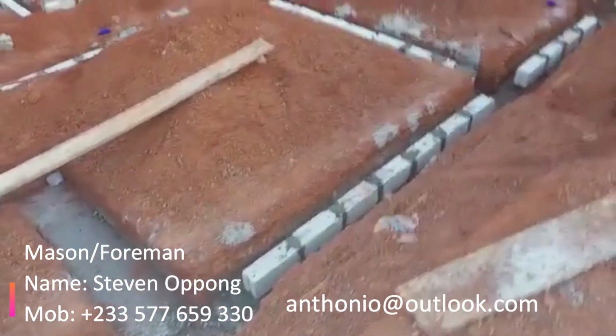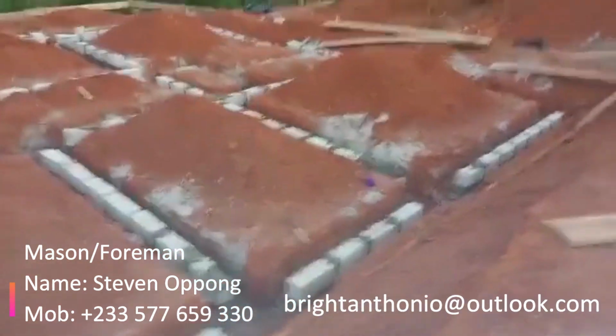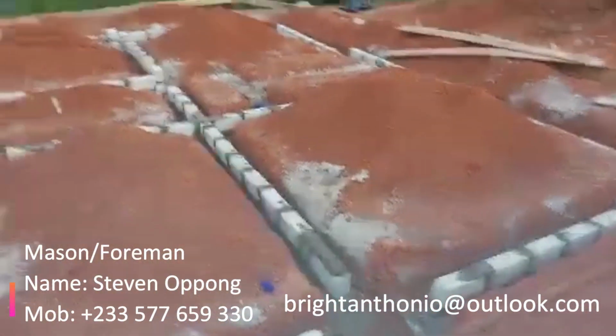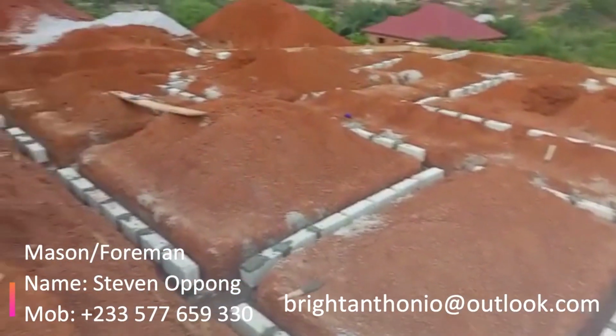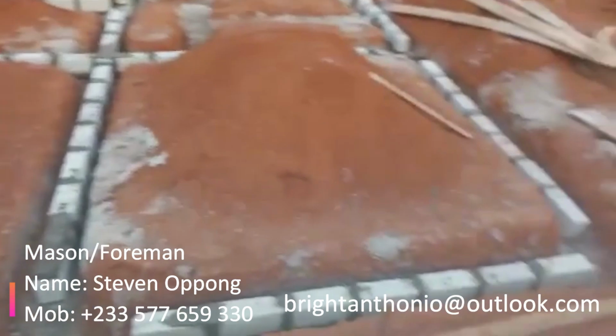Now in episode 3, we are laying the blocks. This is what we call the footing blocks or footing work. People will say footings. Okay, F-O-O-T-I-N-G-S, footings. Okay, now in the footings, it doesn't go as fast as you would want it to go, because